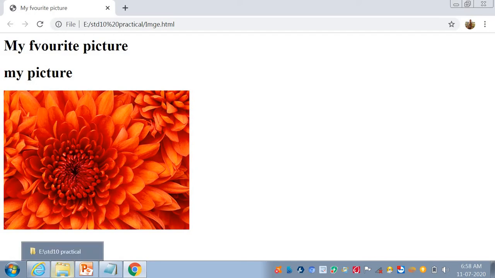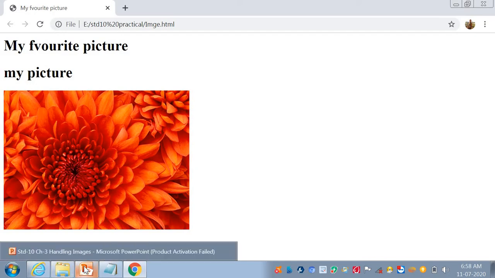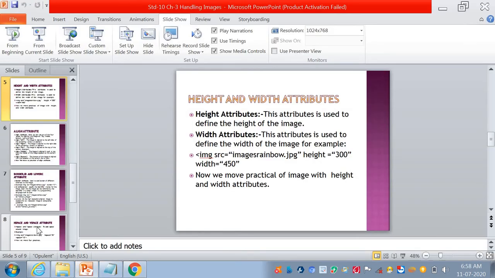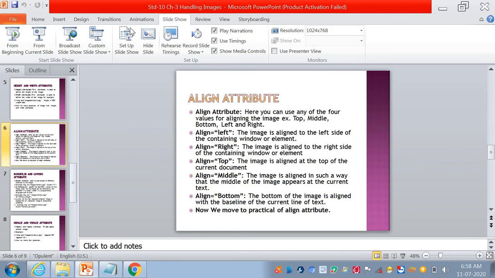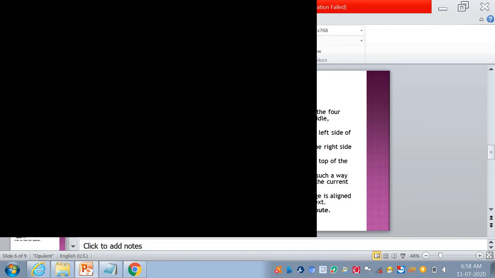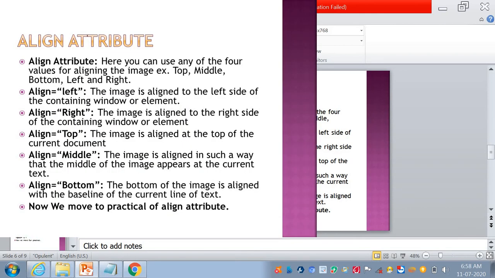Now we move to our theory portion, the alignment attribute. The alignment attribute is used to align the given image within the page or any element that contains the image.